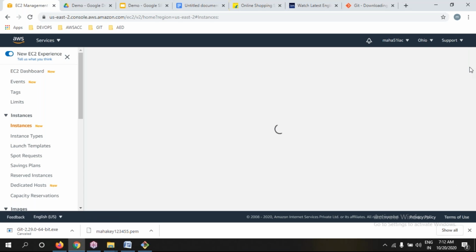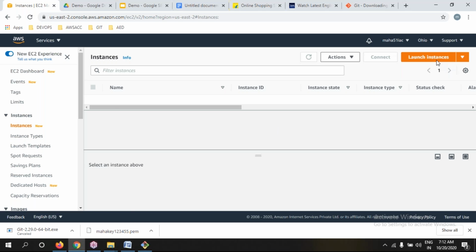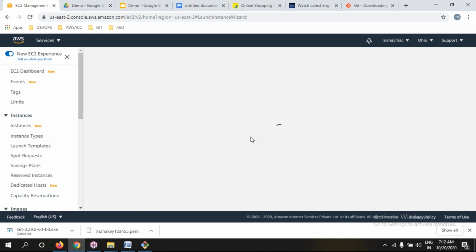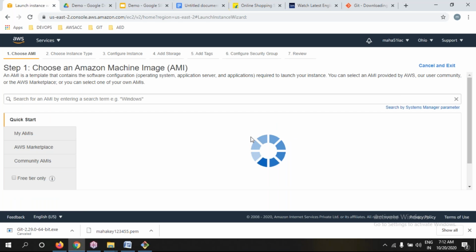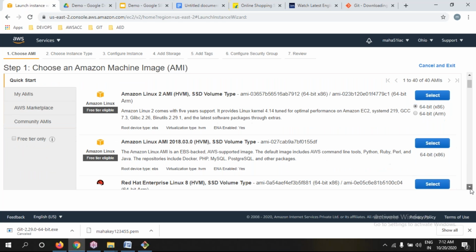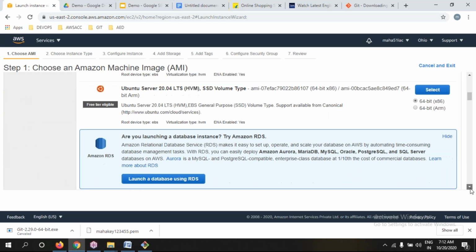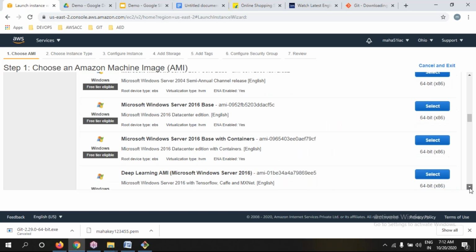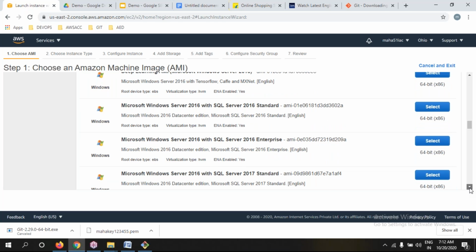Running instances. Quickly, let me create one instance. Launch instance. Tomorrow also I'll repeat this, don't worry. Let me choose any server, any operating system.